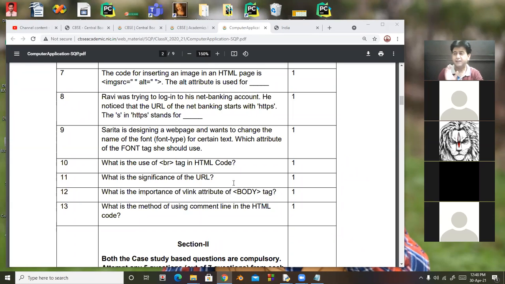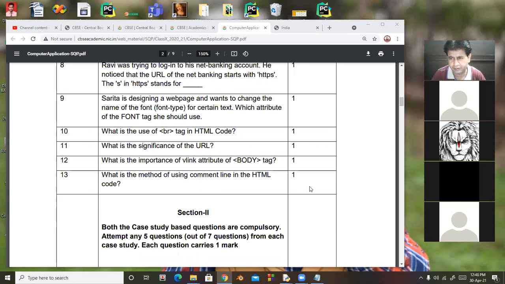It means the link which we have used, and after that we close that particular link. So we have already used that link. It is called a visited link. There are three attributes of the body tag: link, vlink, and alink. Alink means active link, which we are using. Suppose we click on a particular link, that is an active link. And if we have already used that link, it is called vlink. Next question is,